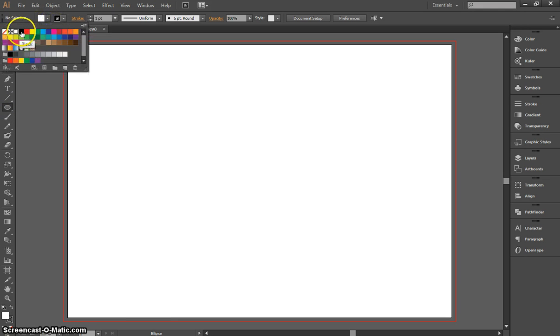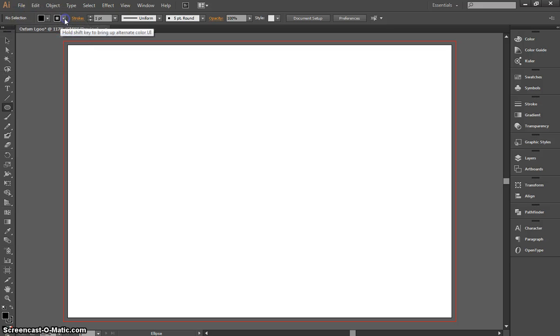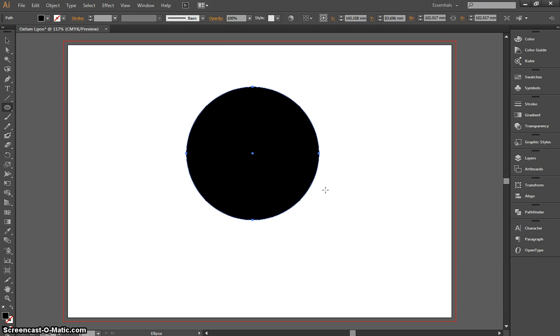We'll change our fill colour to anything for now. I'm just going to choose black, and we're going to remove the stroke. We don't want a stroke. I'm going to simply hold shift and draw a circle on the page. Once that circle is drawn, I'm going to go down to my scale tool just below the rotate tool there,